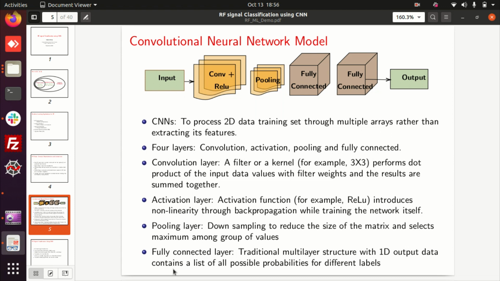The next stage is the two fully connected layers. The first fully connected layer is a dense layer. A dense layer represents the neurons which are fit to your local regions. And the last fully connected layer, the second one, is a softmax layer, which combines all your outputs to classify your signals based upon the number of classes or labels. Otherwise you can say it contains all the possible probabilities of labeling your image.